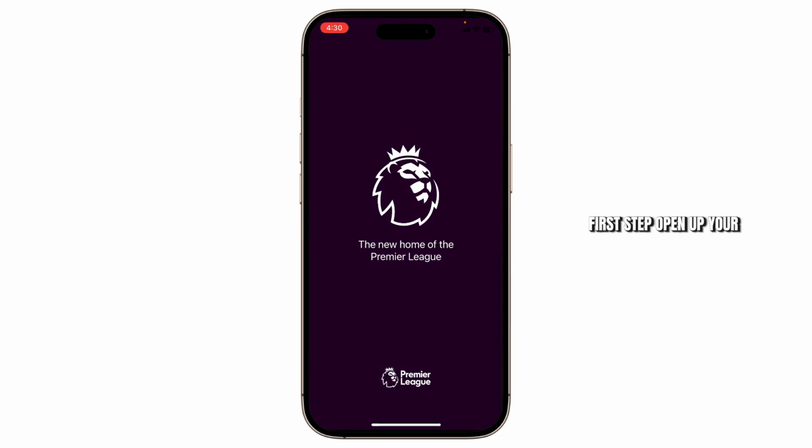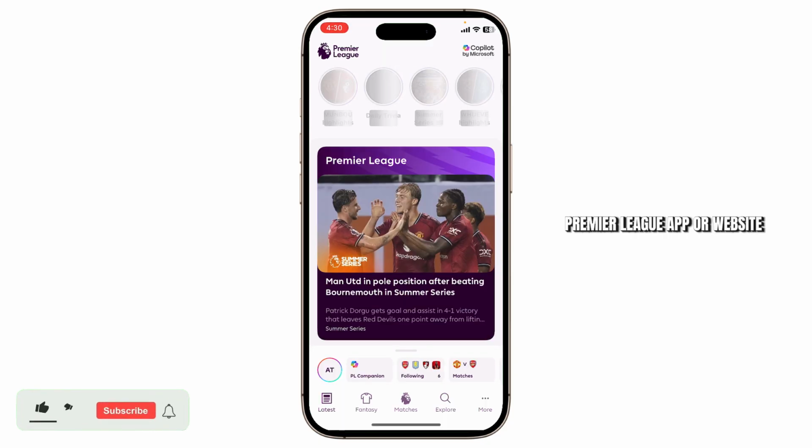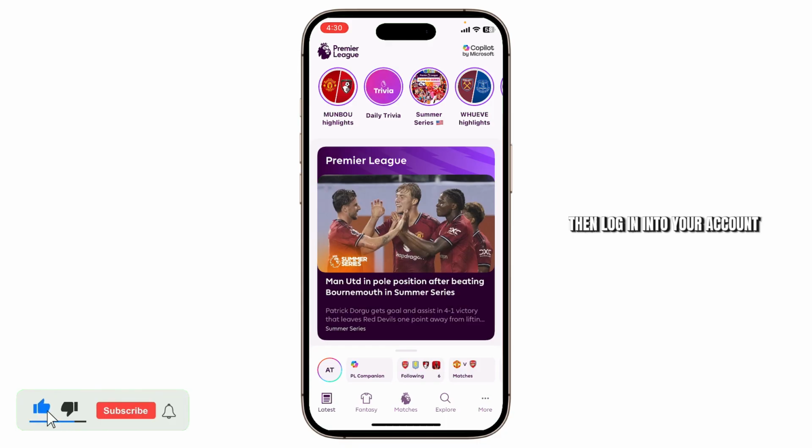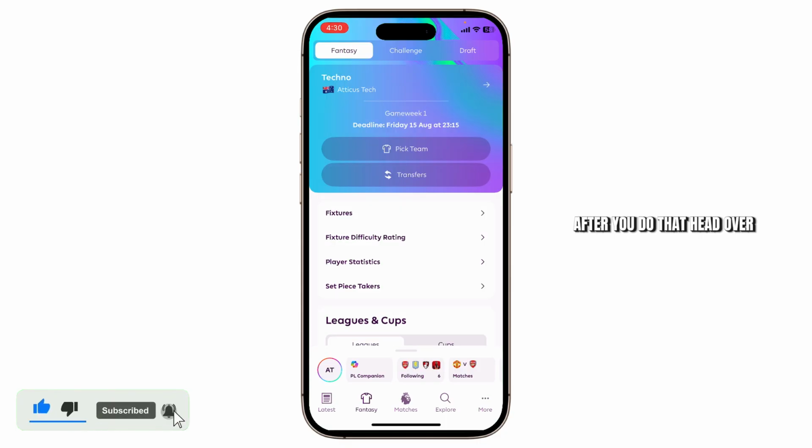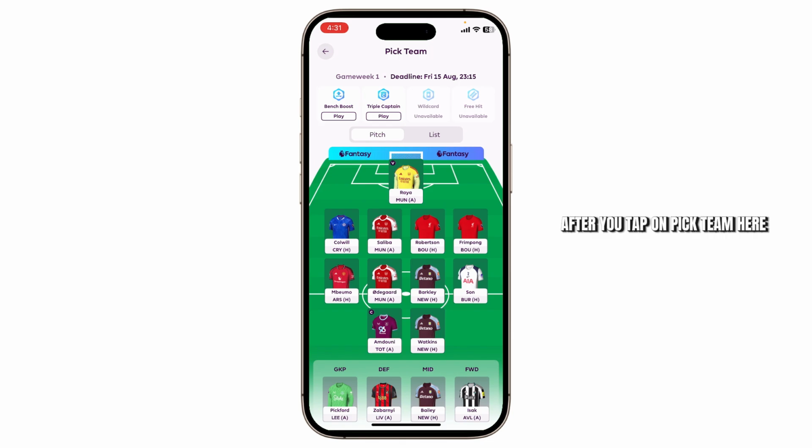First step, open up your Premier League app or website, then log in into your account. After you do that, on the bottom there, head over to the pick team section. After you tap on pick team, here you can select a person that you want to make as a